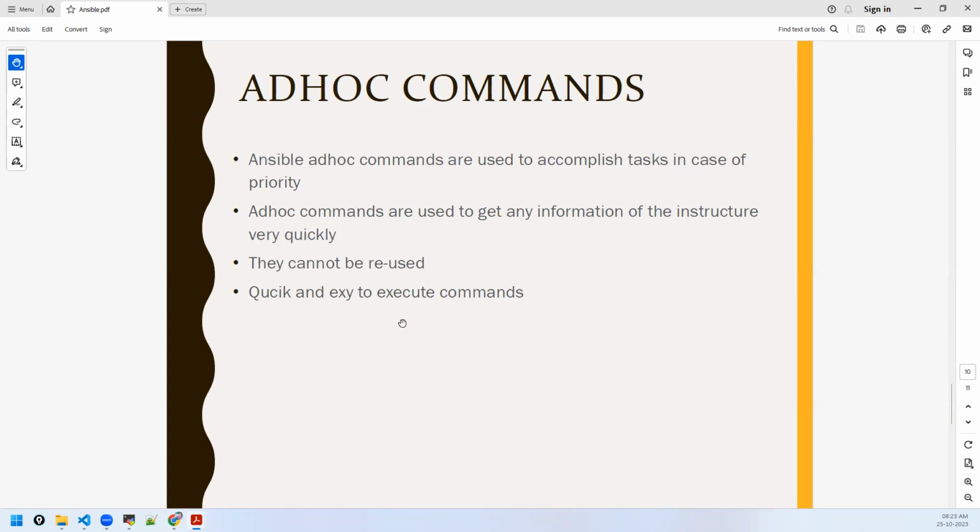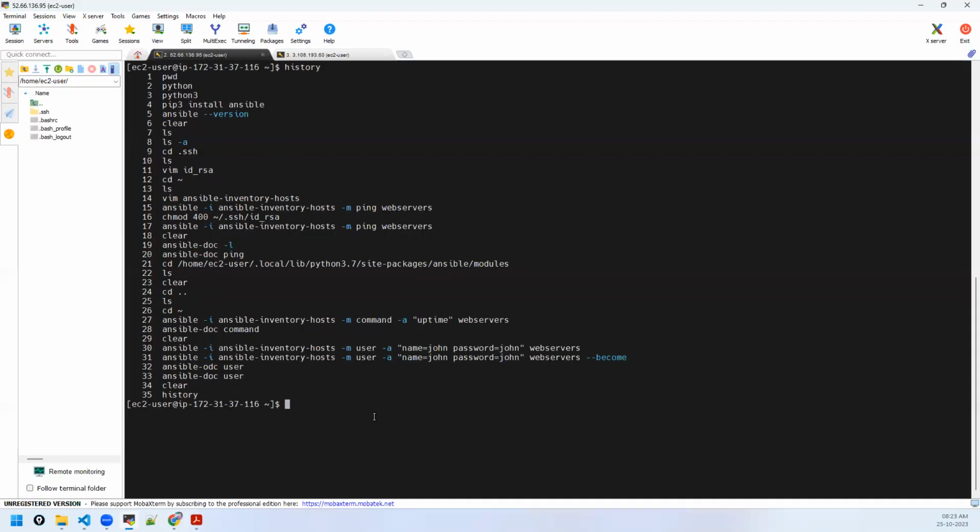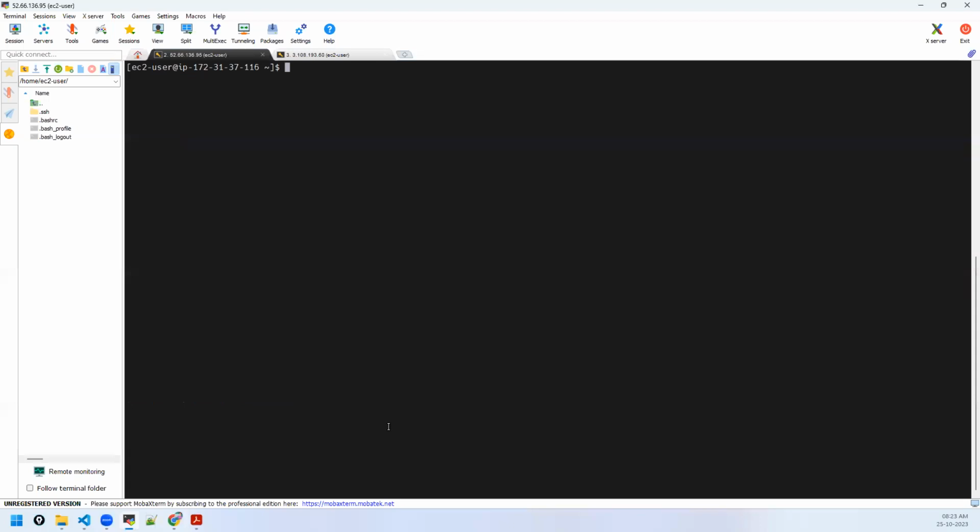But rather than this, if you put all of them in a file and execute it, right? You can also establish orchestration, meaning you can decide which task will be executed after what. That's where playbooks come in. Playbooks help you with complete automation, right? It is full-fledged automation. This is the actual way. But ad hoc commands are for quick information, quickly if you want to check whether they are connecting or not, or if you want to check something, you may use it. Otherwise, playbooks will do. Playbooks are the right way to do things.